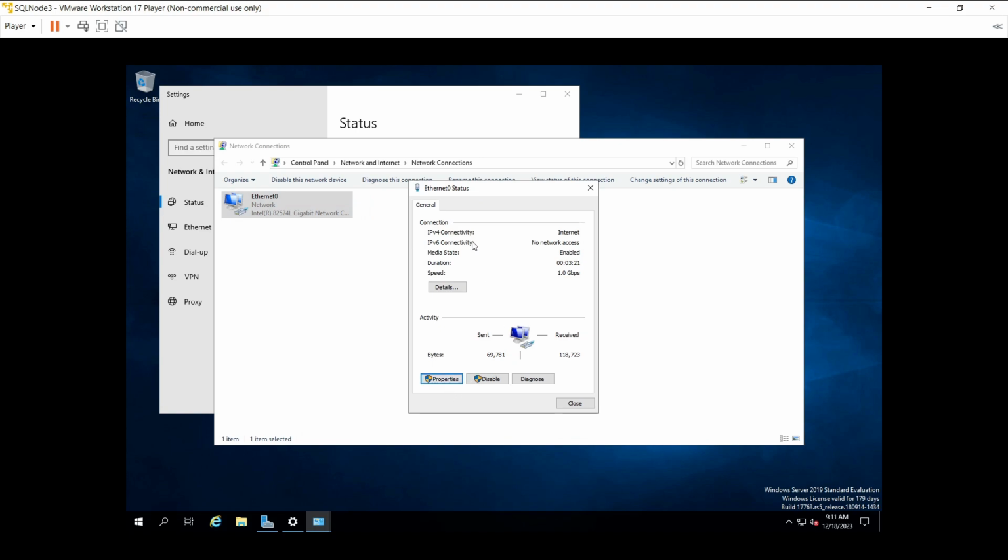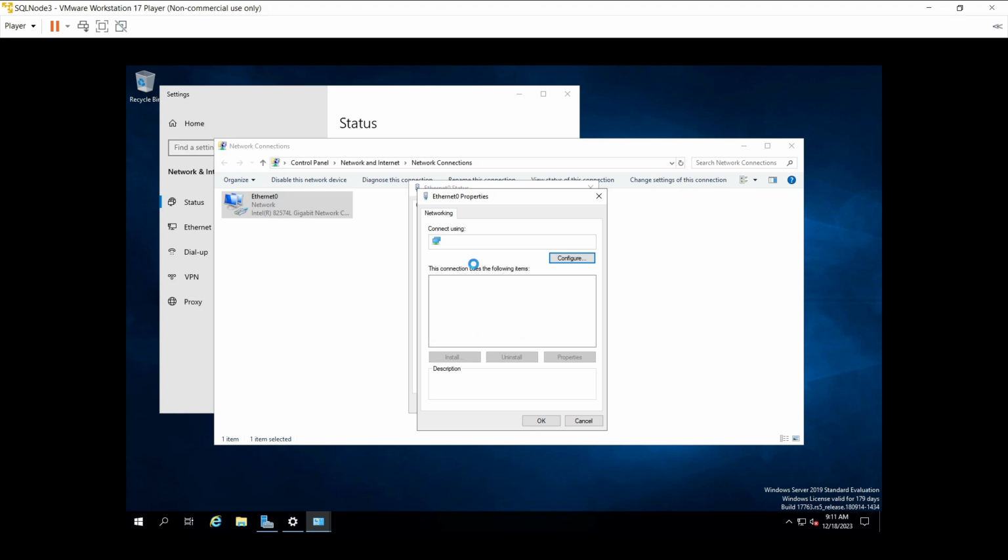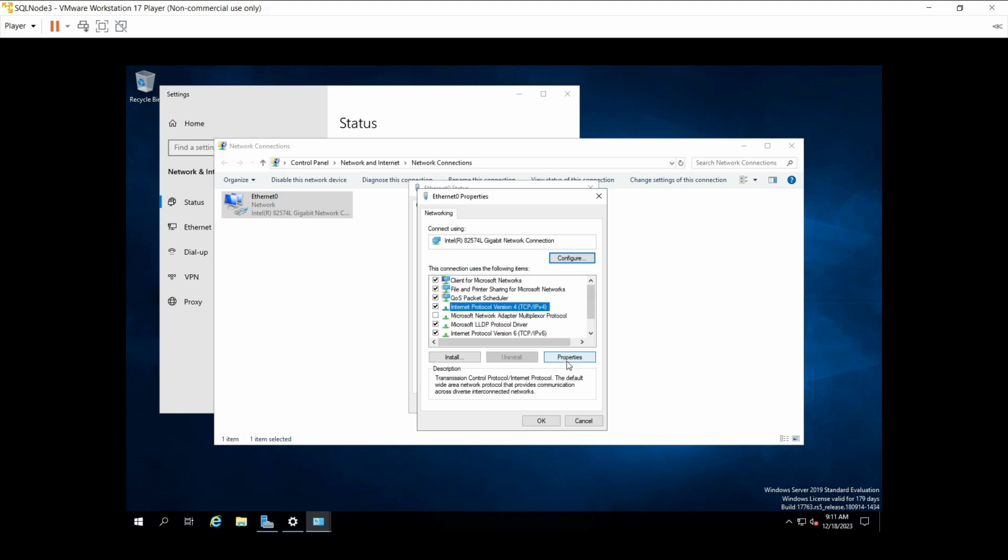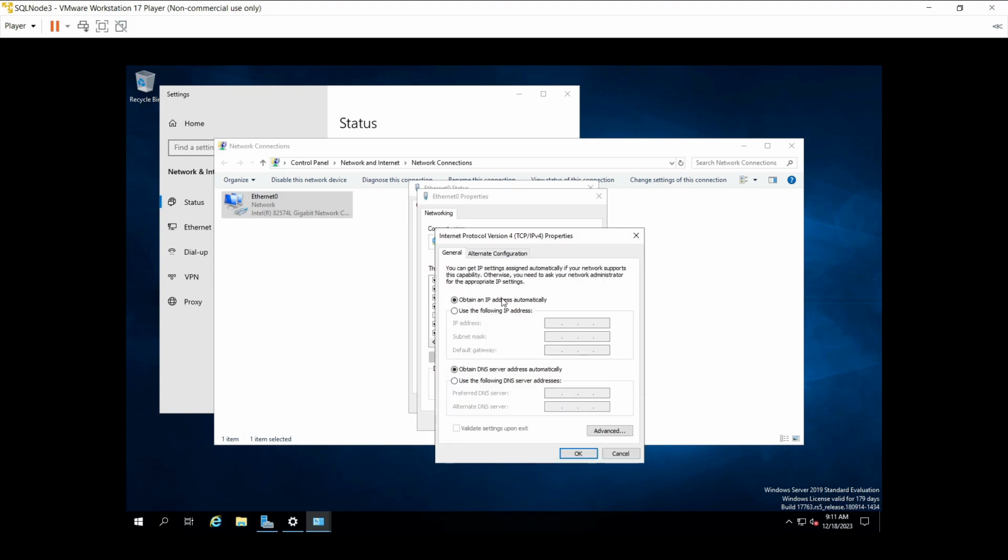Properties IPv4. Yeah, Internet Protocol version 4, and then properties, and in that we have to give the address as 10.1.1.24, because first one is the DC controller as 21, and the rest of the three as 22, 23, 24. Okay, and subnet mask will be